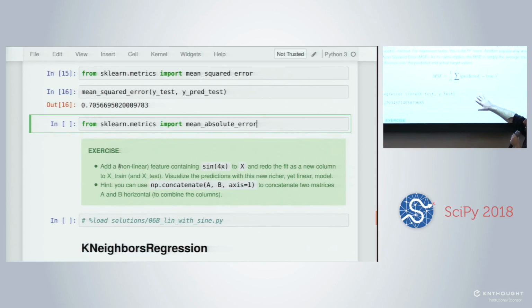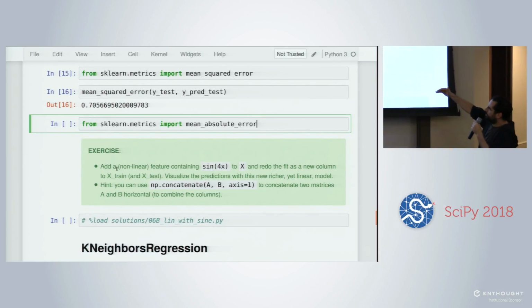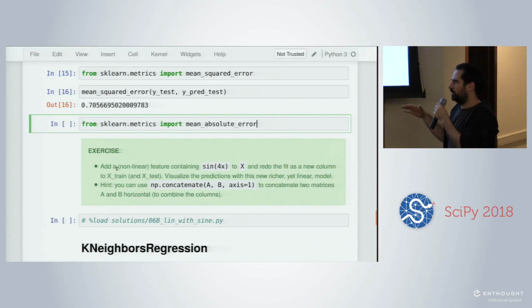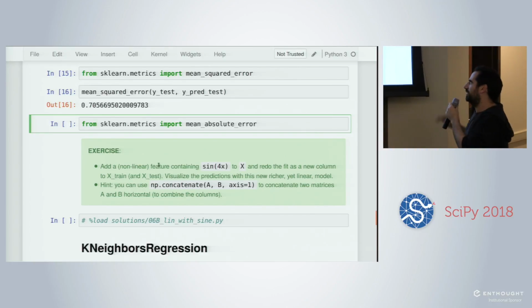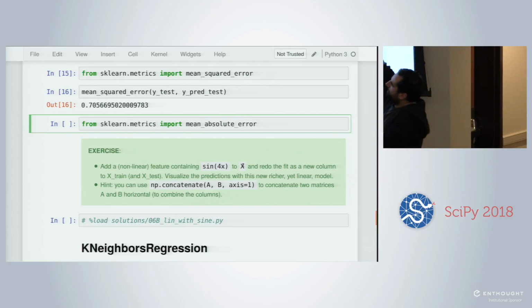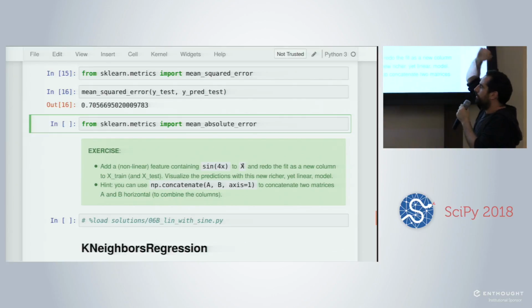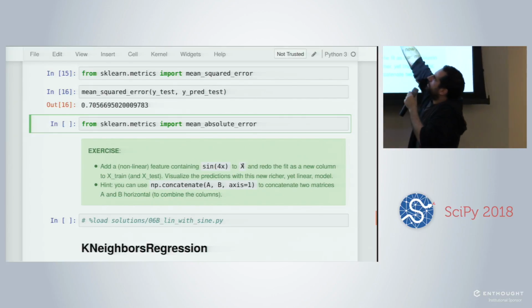So a score in Scikit-Learn is something where higher is better. And here we know that for the R2 score, a perfect model has a score of 1, a random model has a score around 0, and a model that has been really badly designed and predicts very anti-correlated values would have negative values. And the mean squared error is actually the function that the linear regression model is trying to minimize. It's trying to minimize this objective.